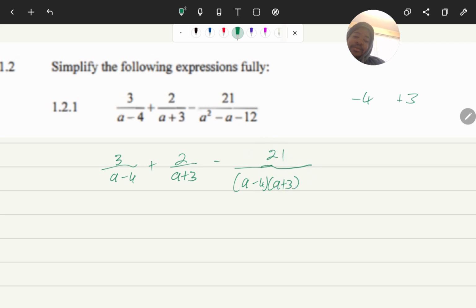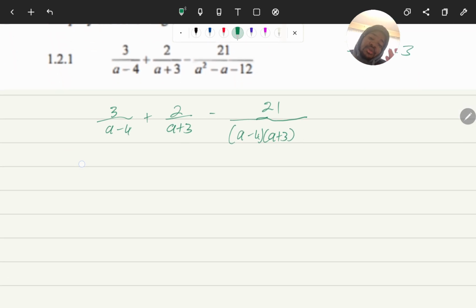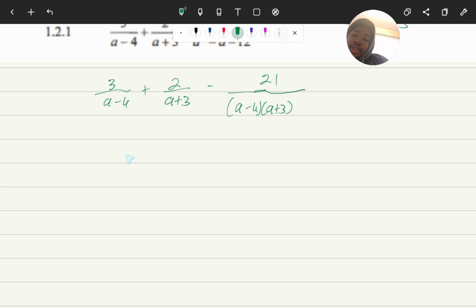This is exactly what I have after factorizing this. And then here I'm already seeing that my denominators match. So here I can use that method that I was showing you of